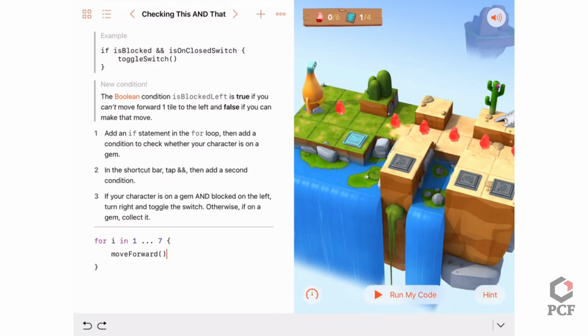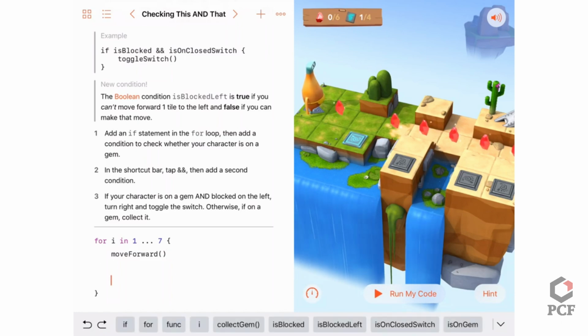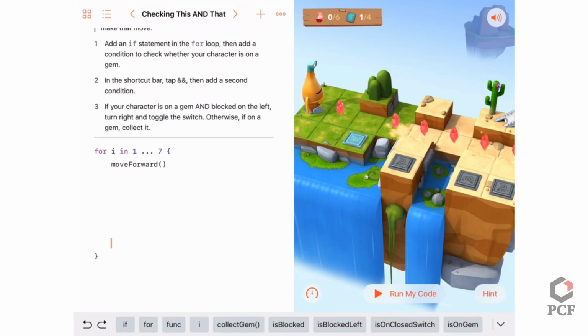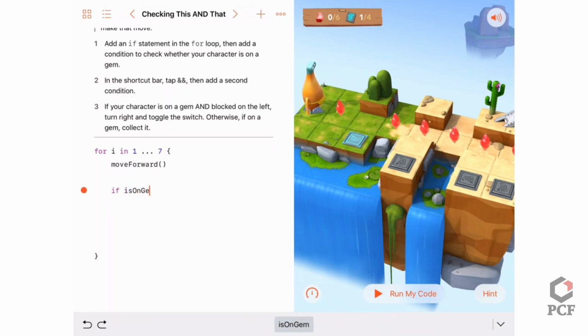Right, so if you click on that code on that side, as always the first thing we need to do is move forward, so that's absolutely fine. I like to move that last curly brace out of the way a little bit, so we've got a nice big gap for the code that we now need to write, which will run when each loop's been done. Again, it's an if statement, and we're saying if Byte is on a gem,